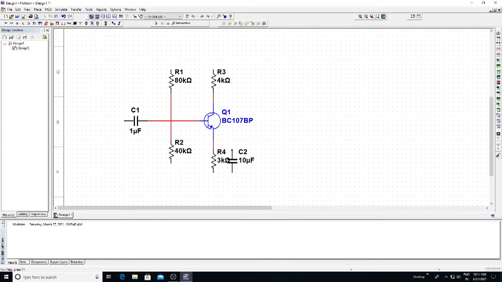Next, the capacitor across the emitter resistance is connected parallel to the resistor R4. Connect all these to the common ground point. We need to connect a ground here, so connect this.